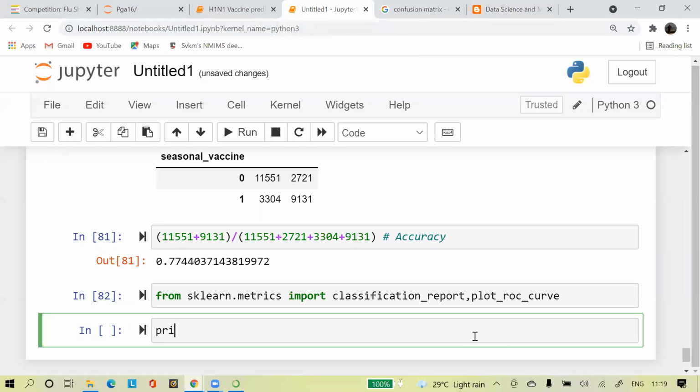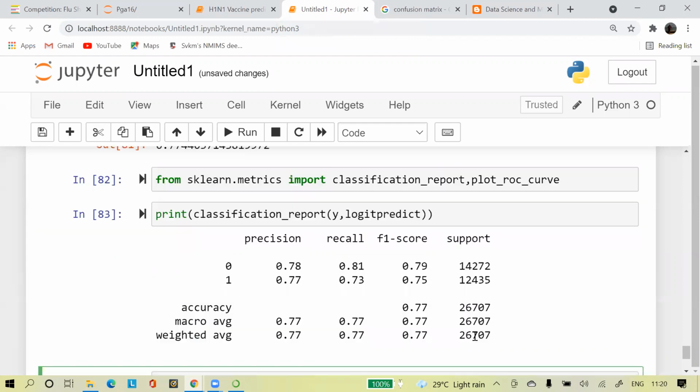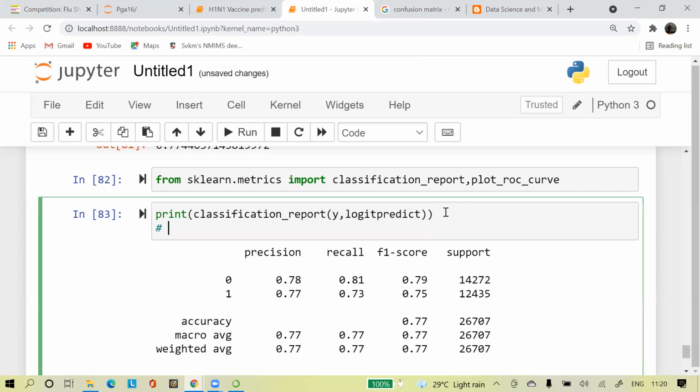So print classification report in bracket y comma logic predict. For logic predict, we can see here the overall accuracy is 77. The precision, recall, and F1 scores are very important here. All of them are closer for a balanced data,